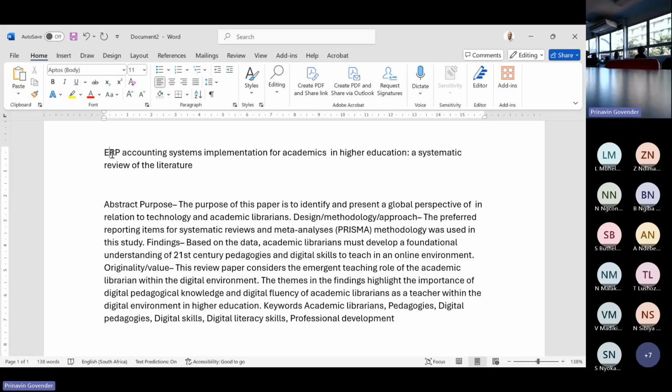So it's nice to put the whole word, enterprise resource planning, right? And then you put that in brackets, because that's what you're going to be using all the time. Right. So now I'm going to state the purpose of this paper is to identify and present a global perspective of